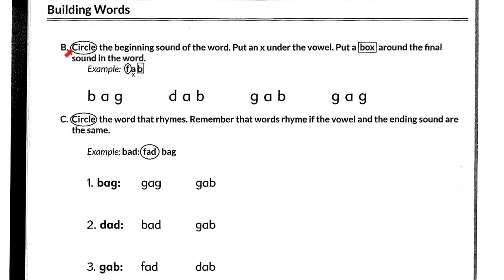B. Circle the beginning sound of the word. Put an X under the vowel. Put a box around the final sound in the word. Example: